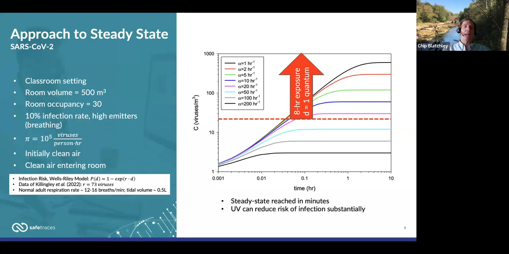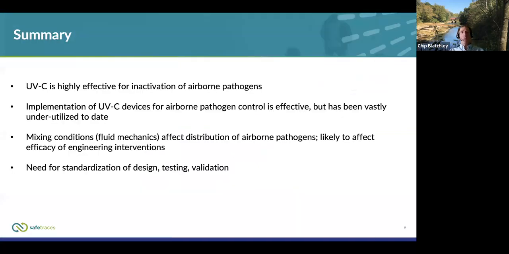So if we could go to the last slide, please, just to summarize. Again, what we observe is that UVC is very effective for inactivation of airborne pathogens. The example that I gave was for SARS-CoV-2, but there's very similar behavior observed among most of the viral pathogens, including things like influenza. The implementation of UVC devices for airborne pathogen control is effective, but to date has been